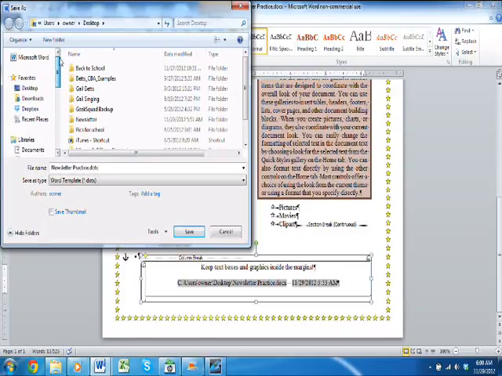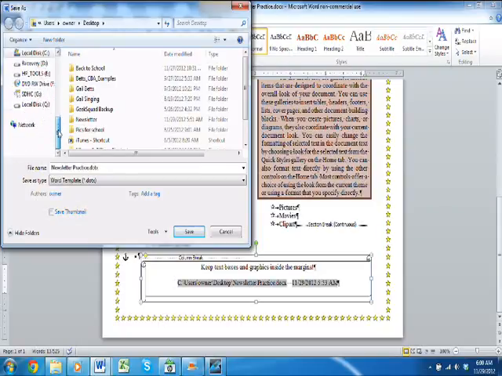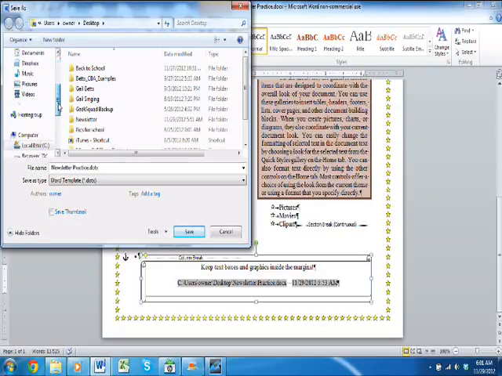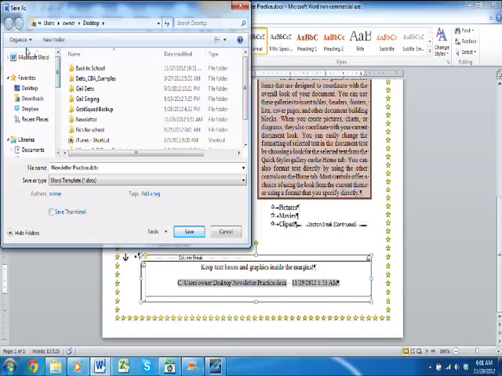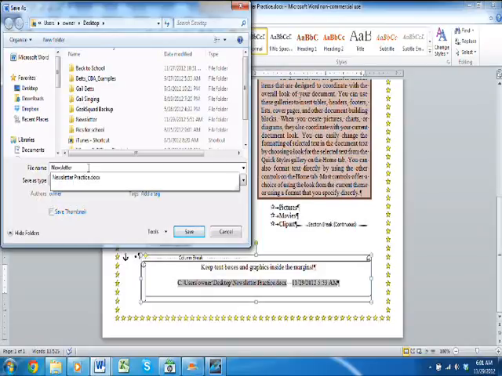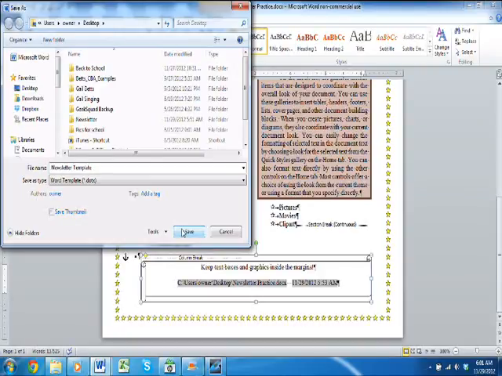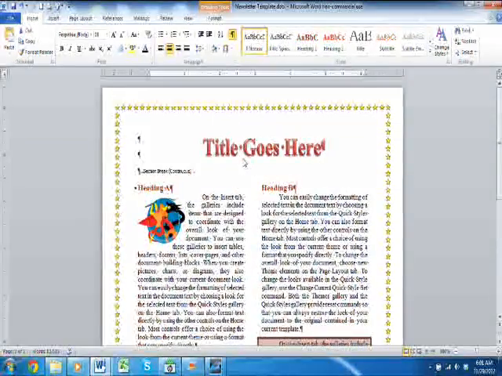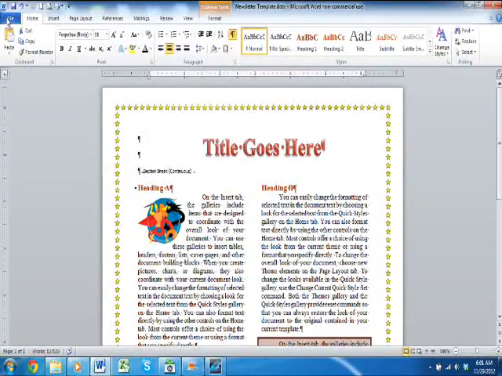And this time, let's scroll over here. And you should see over here a templates link. Click on the templates link over here. I don't have one, so I would have to go look for it, but you should have one right over here. You may have to scroll, and it says templates. Click on it, and then we're going to save this as newsletter template in the templates. And now what will happen when you go to the Office button and you click on